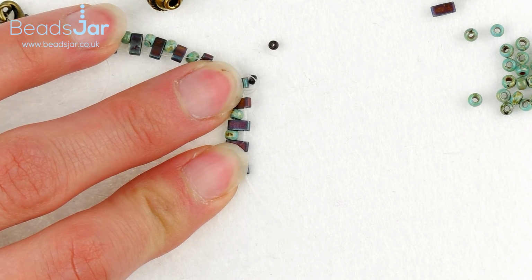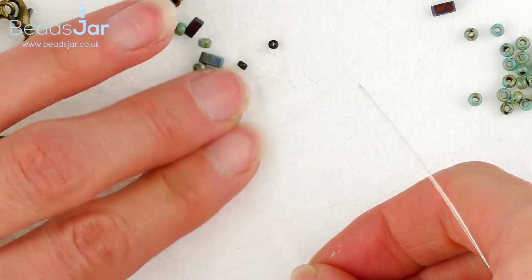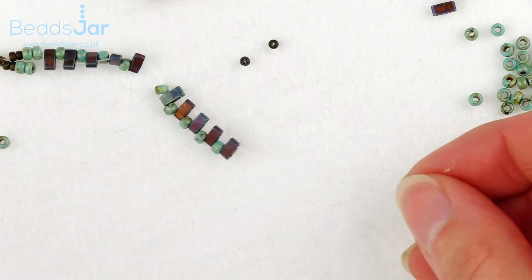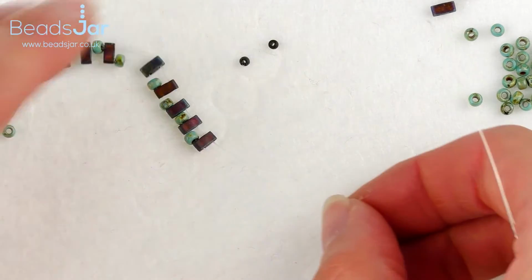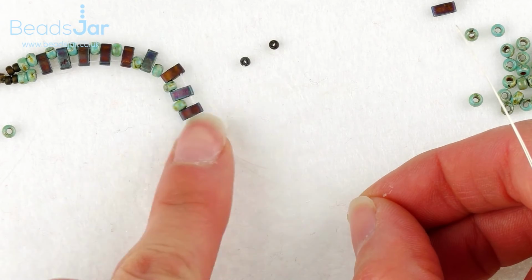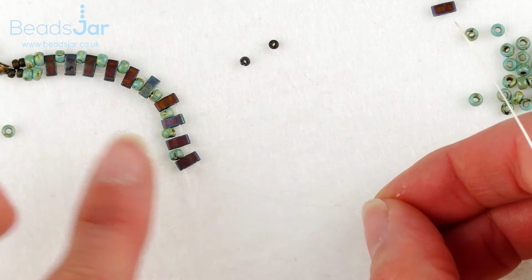Catching a few of the little seed beads on my way, but that's okay. So I just pulled them threads through. Just flipped a bit, so I'll just get that back in order so you can see how it's starting to progress. Okay,